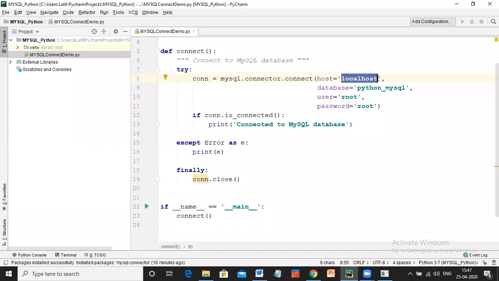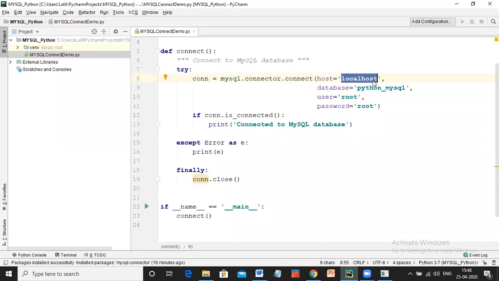Jinal, getting it? Yes, I'm getting it. So host is nothing but you telling on which particular computer your MySQL server is installed. Right now it is on my machine. So for my machine, I name it as localhost, or you can even mention 127.0.0.1. That's the IP address. It's your local machine. So you can write 127.0.0.1, or else simply write localhost. Localhost means my machine.